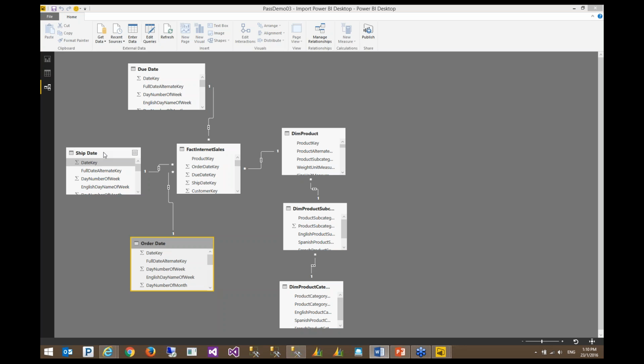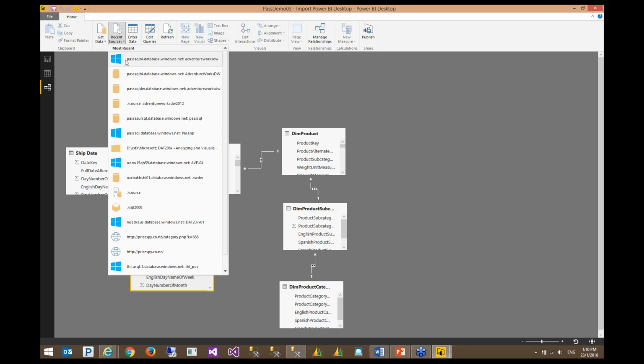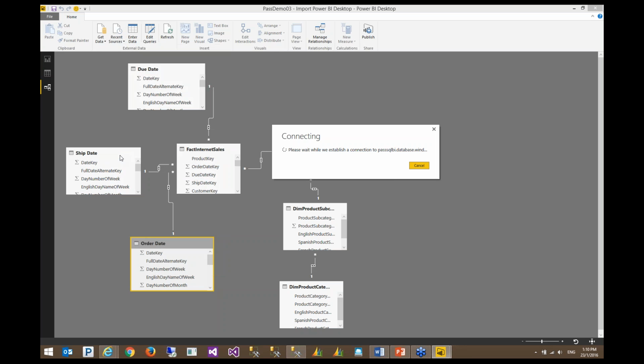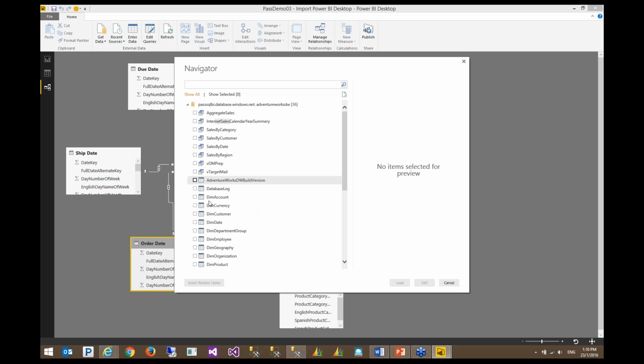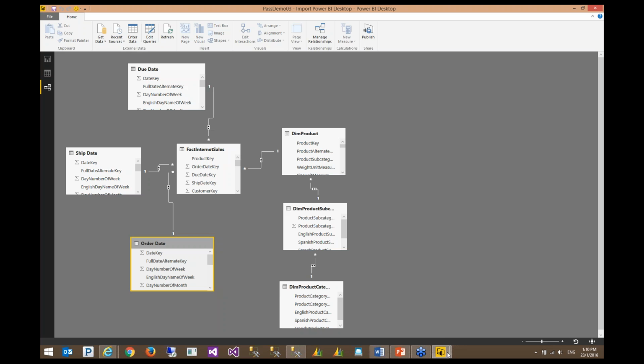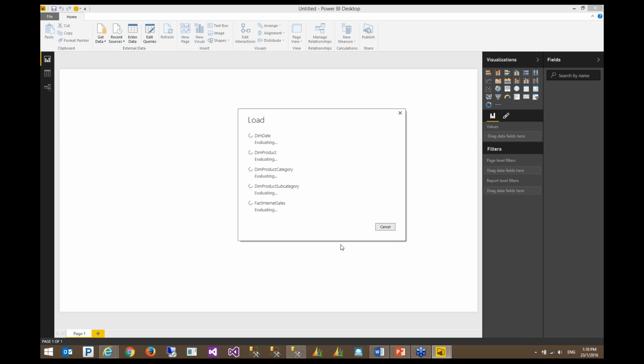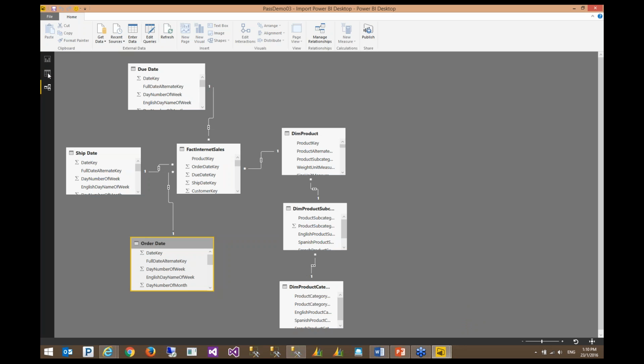So I imported dim date several times. To import a conform dimension or any other dimensions or generally any tables or objects, you can use the recent resource, and then you can click on your data source, and then select your dimension from the list, and then reload it again. I reckon our previous sample is already, no, it is still loading. See, guys, it is taking a lot of time.